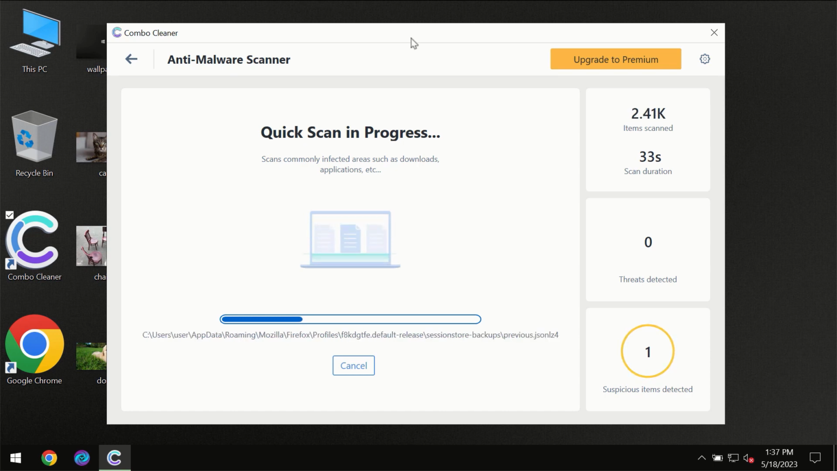The scanning duration depends on various factors. It may depend on how infected the computer is. It may depend on how many hard drives are being scanned at the same time. And it may depend on other factors too, of course. Combo Cleaner will give you the summary of all the threats which were revealed during the scan at the end